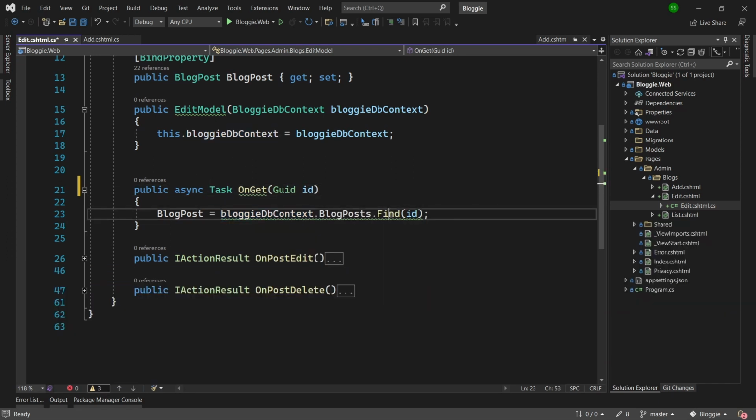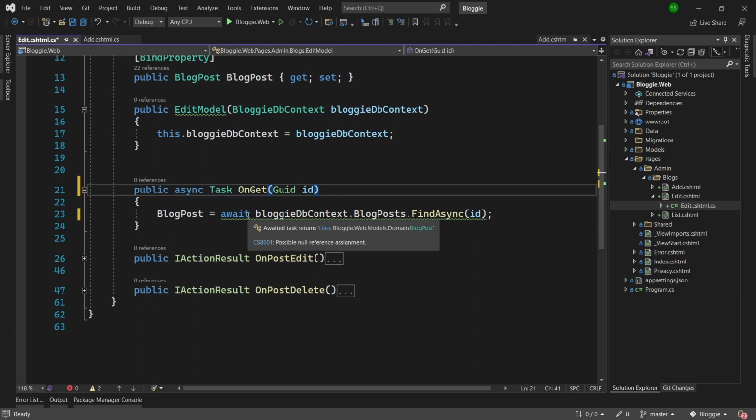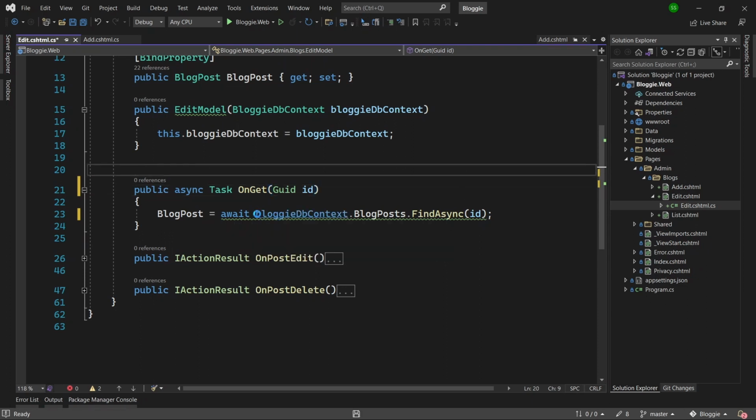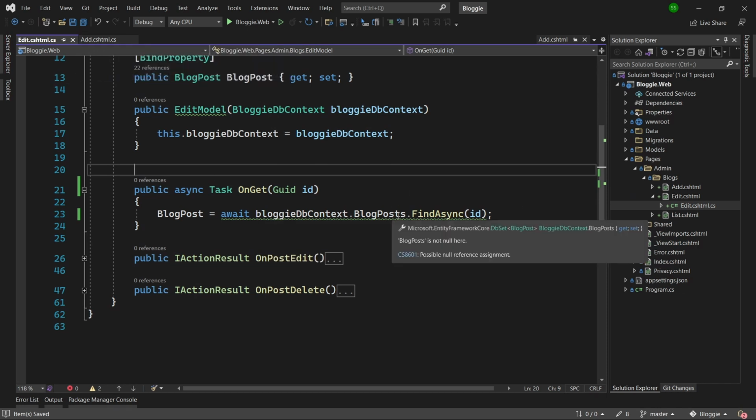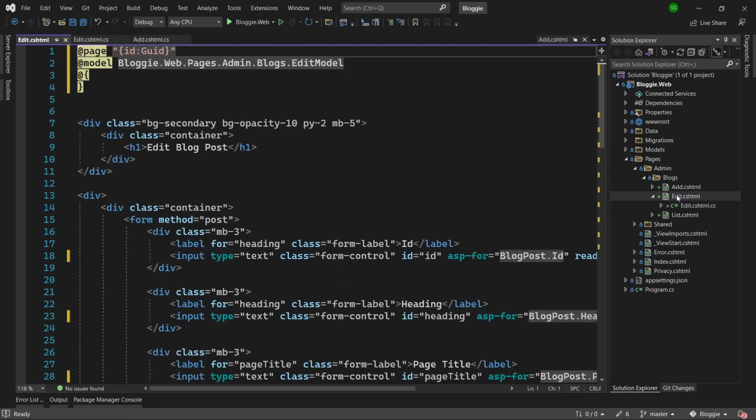Now we can use another method which Entity Framework Core gives us, which is FindAsync. So I'll use FindAsync instead of Find. And because we are using the async method, we have to use the await keyword over here. Now it suggests me that there could be a possible null reference assignment. So in our HTML, we will check if this is not null, and if it is, then we'll just show a message. So we'll come back to the edit page over here,